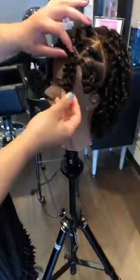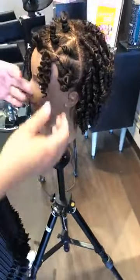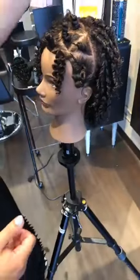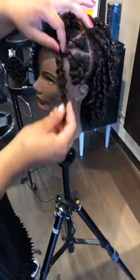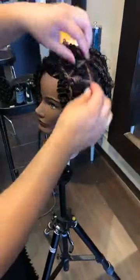So what's really cool too is, say the next day, or maybe three days later, she could expand the Bantu knots, but she doesn't have to necessarily expand it like we did on the comb coils. She can expand it like this and rock her texture like this for a few days, right? Which is cool. So as we go through,